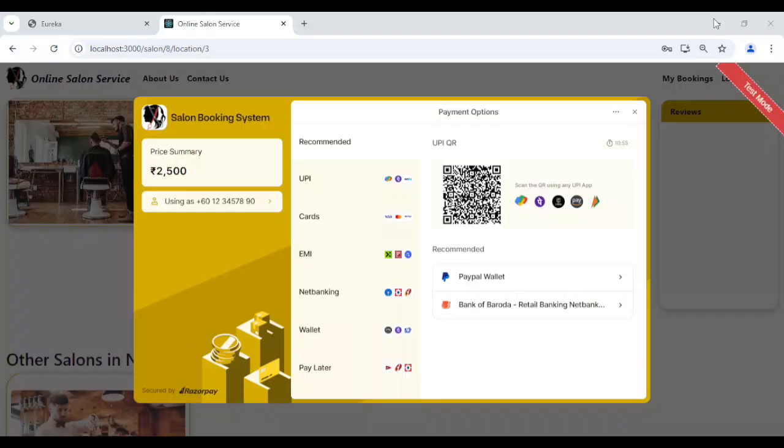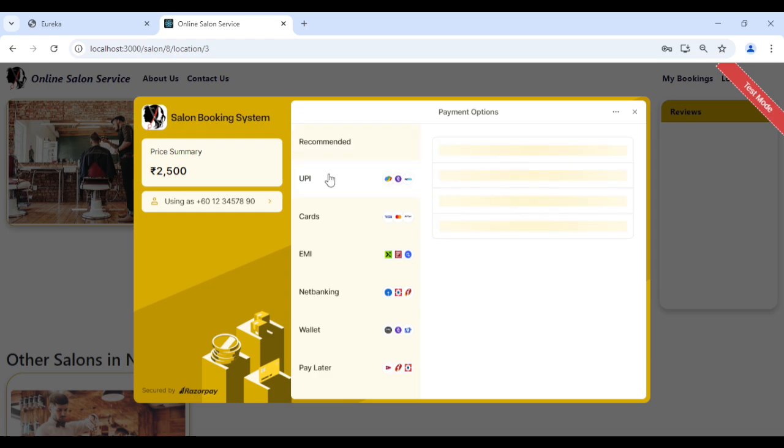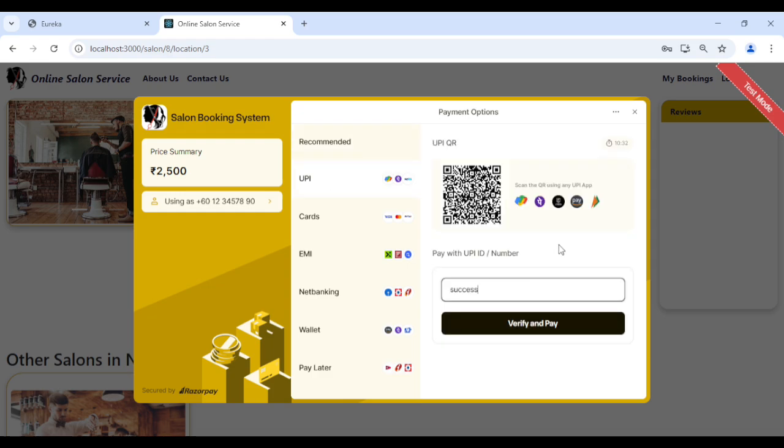So if you want it for live mode, then you will have to take the approval, then generate the key and the secret for the production or live mode. As of now we will have to make the payment of 2500 rupees to book the appointment. Here we have got multiple options: UPI, cards, EMI. I'll click on UPI, and here I can simply use the